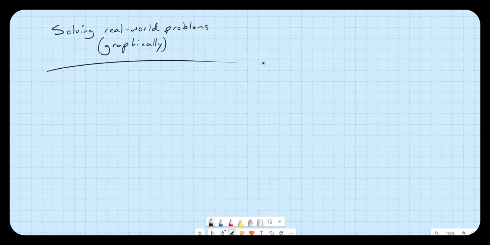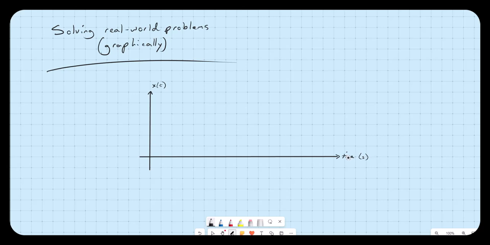I've looked at solving real-world problems algebraically using functions, and I want to be able to solve real-world problems using graphical methods too. So let's do that. So maybe I've got a graph that looks like this. I'm going to stick with position versus time. So maybe I've got position versus time